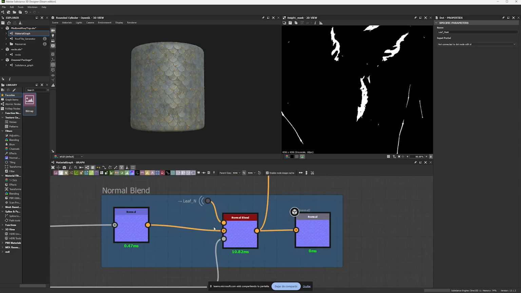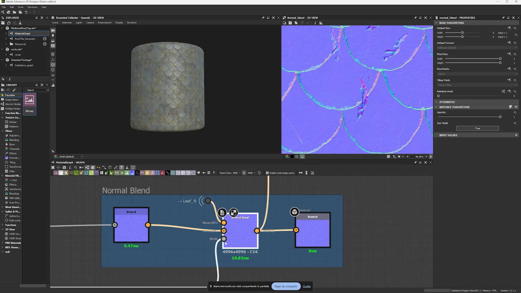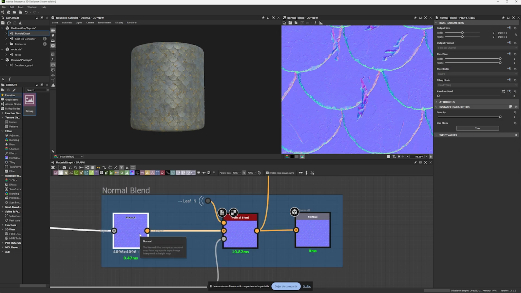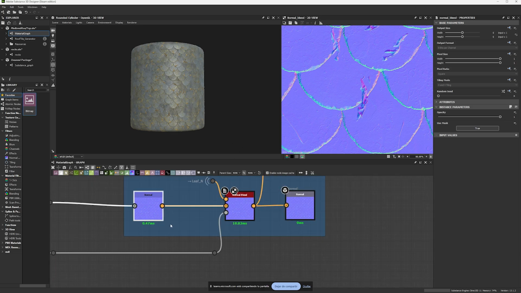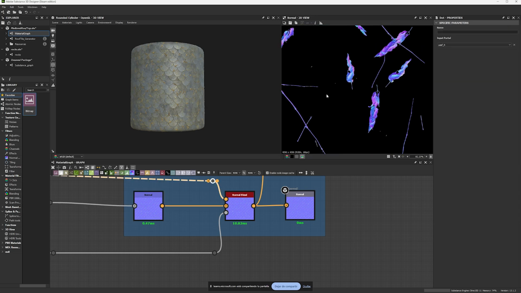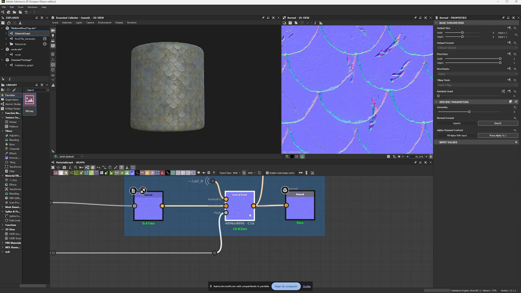Yes, and this, we're going to use a normal blend node. Now, the normal blend node is something I use for specific cases and scenarios. This comes to moments where I have my own normal map of my own material, and I want to add another material that has a mask on it to this material I'm making. So what I achieve is I add this normal to this normal using the normal blend by using